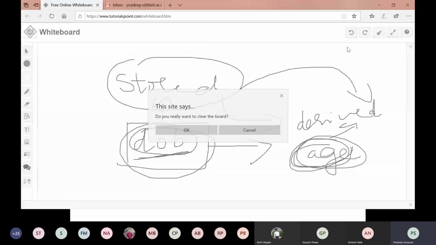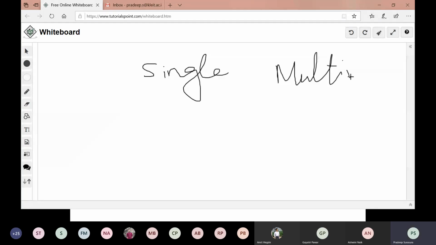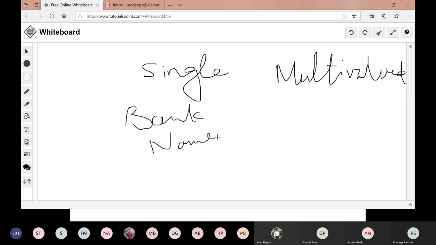Next is single valued and multi-valued. Bank name is single, but it has multiple branches.